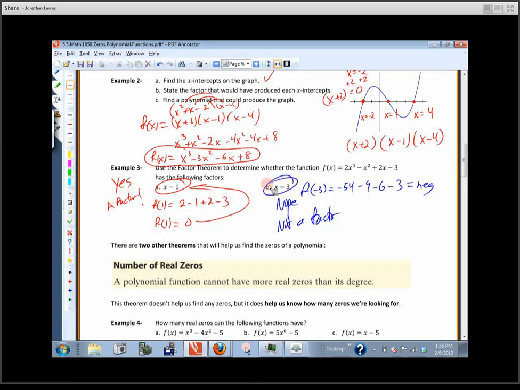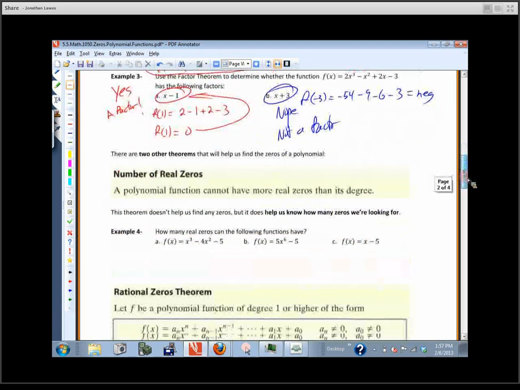Now, Clayton said something kind of interesting. He said you could plug in -3, and what was the other thing you said? Division. We could go ahead and do division. Okay? Either one is fine. In the long run, it's usually going to be better to do division, especially if you can do synthetic division, and you'll see why, especially in the next section in 5.6. Any questions? Okay. So if you need to look back at what the names are, so you know whether you're using the factor theorem or the remainder theorem, that's totally fine.